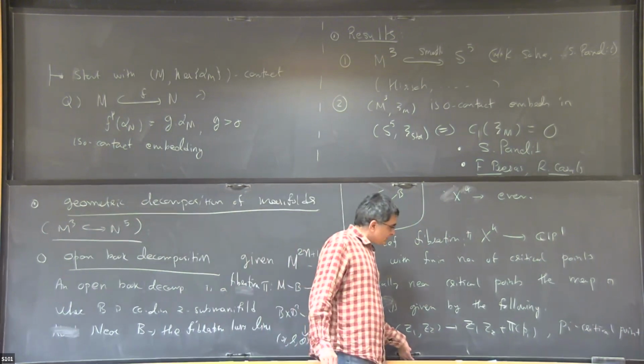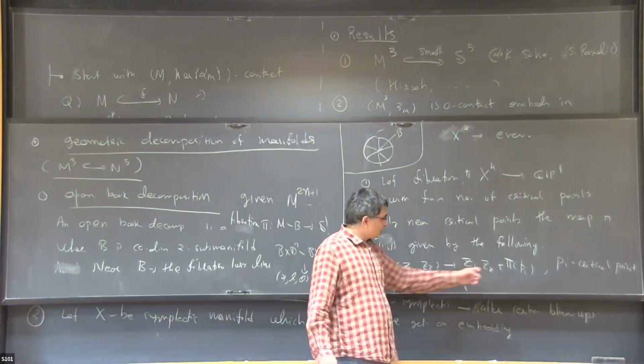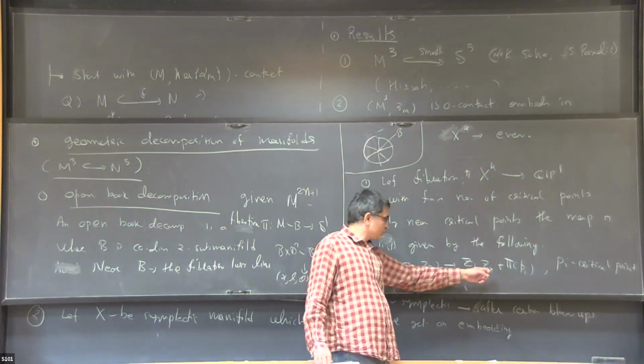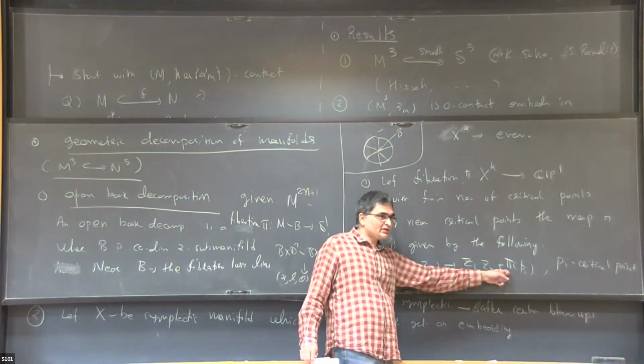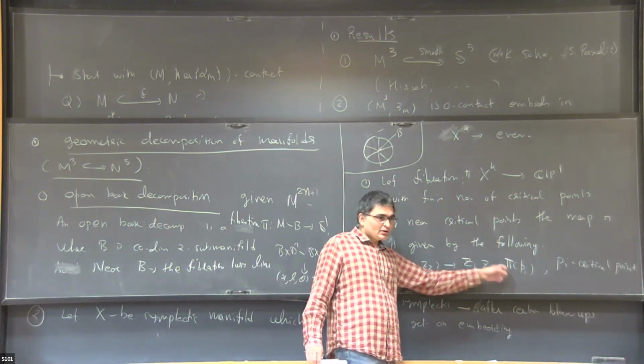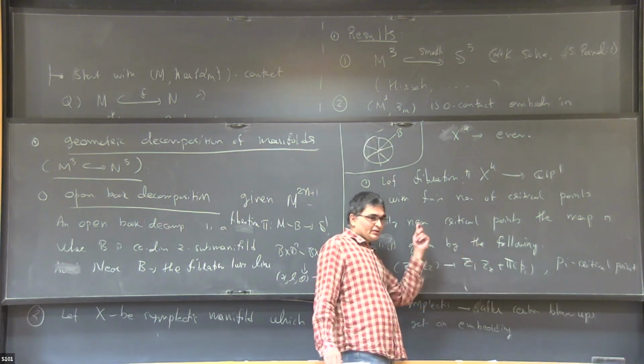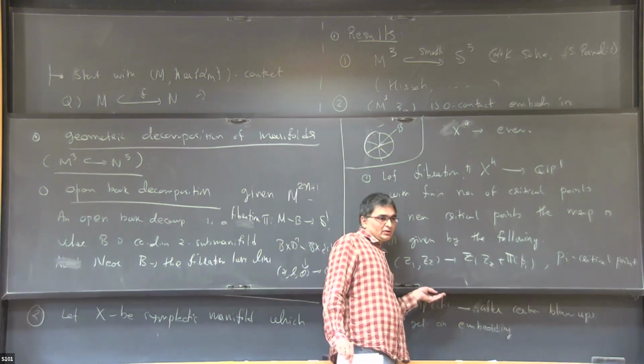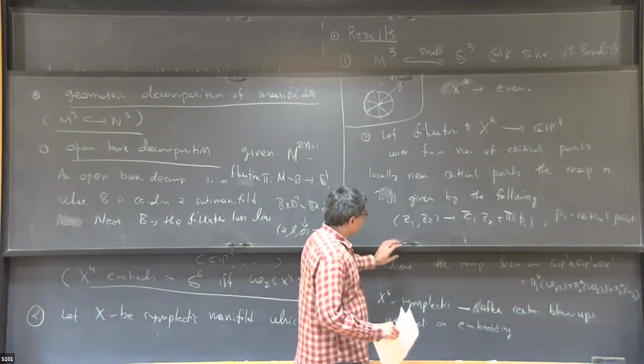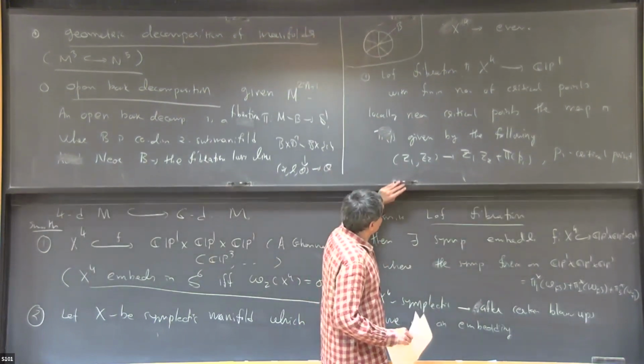So in this case also, if you remove the inverse image of all the things that are mapped to the critical values pi(p), then in the complement it is a fiber bundle. So in this case, locally,